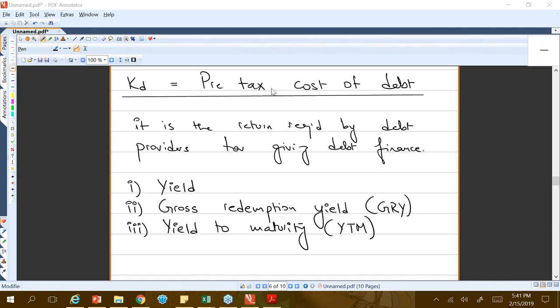The other question here is, example of KD, please. Well, there is no example of KD as such. The example of KD is just that the return will be given to you in the question. They'll say the investors require a return of 5%, or the yield required by the investors is 5%, or the gross redemption yield is 5%. So you just know that this is the discount rate at which I'm going to discount my future cash flows of the debt.